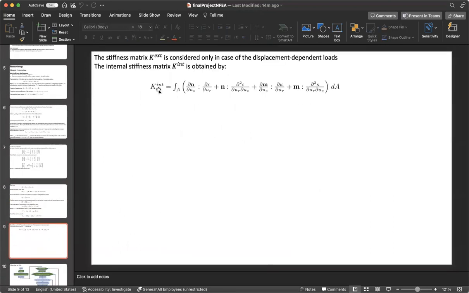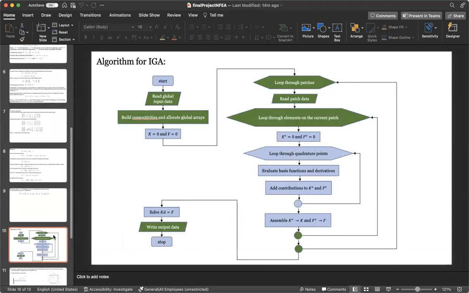This is the form of stiffness matrix that we use for the Kirchhoff-Love shell elements. The main algorithm of isogeometric analysis is that we start with reading input data values